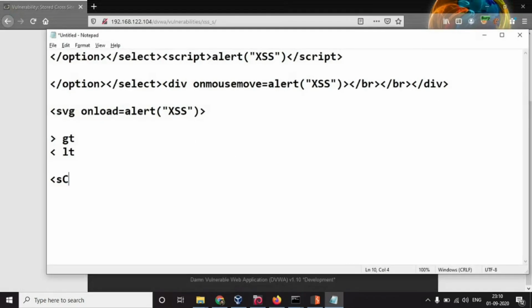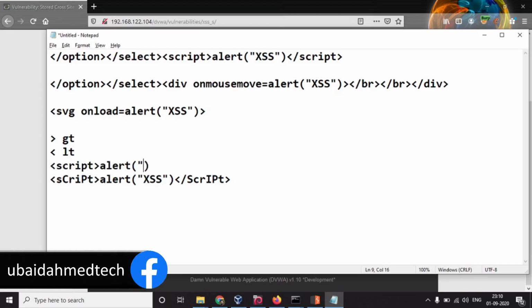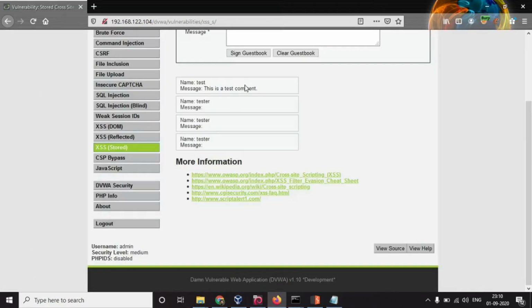So if I provide my payload to be something like this, then it will be accepted. However, if I provide this, then it won't be accepted. Let me first provide this one and show it to you.